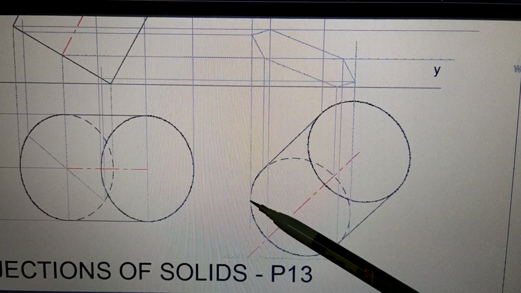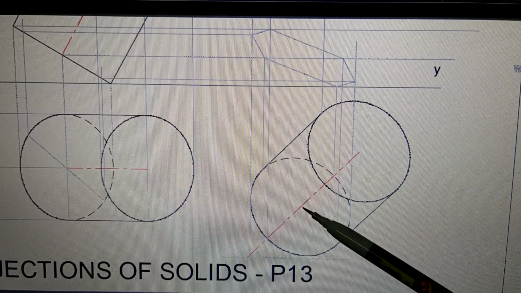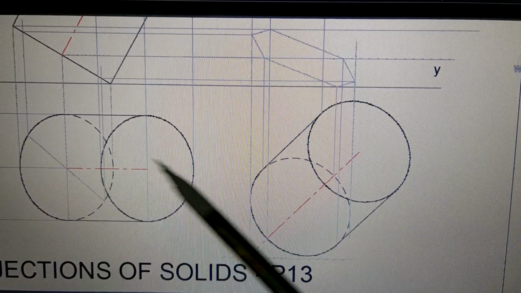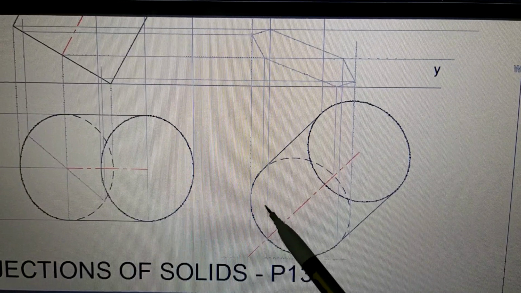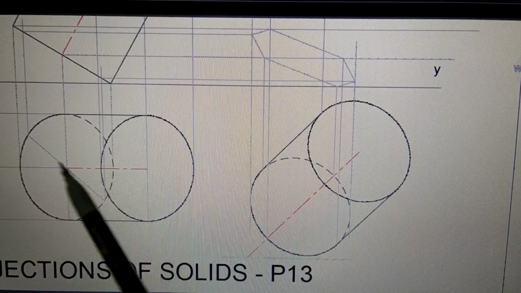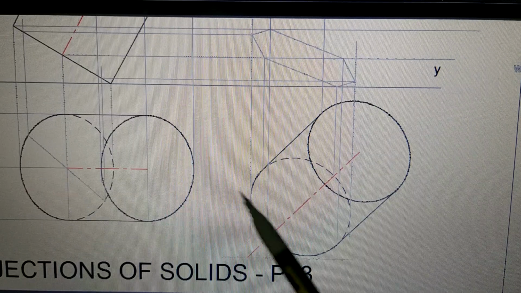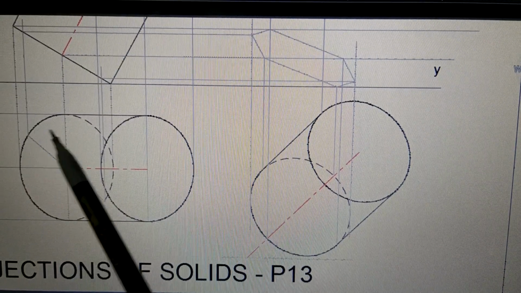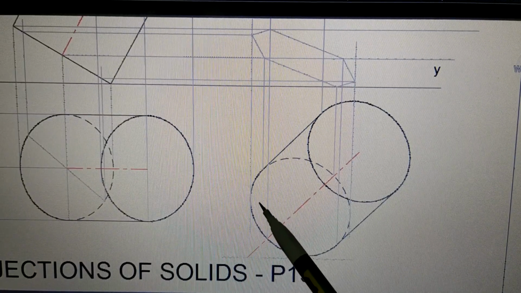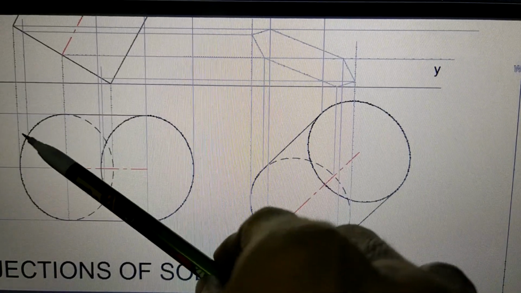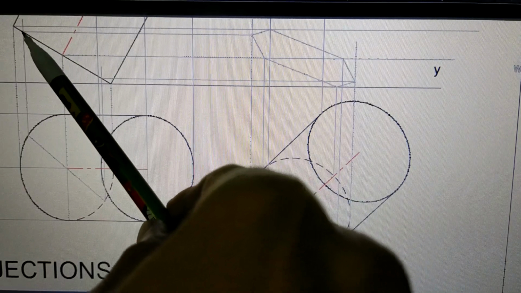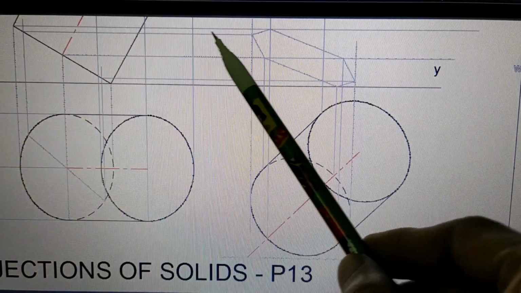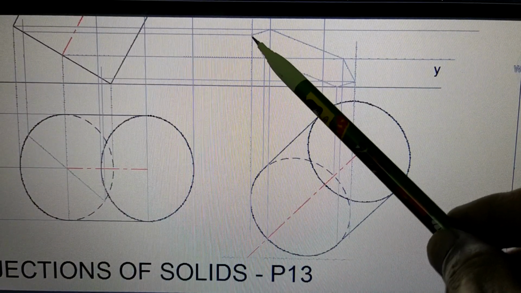So if this point is A, then you have to mark it in this figure. If you join this center to this point, whatever distance is there, you cut that distance from here and you will be able to mark this point A over here. So this point A was here, after rotation it has come here. So you have to project this point A. When A was here, that time it was on the base present over here. So you come from here, this is your A.